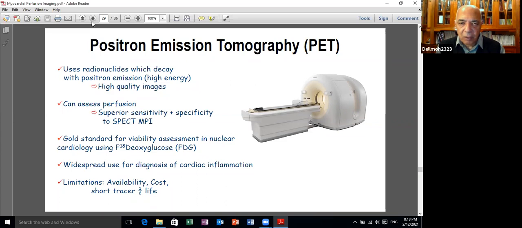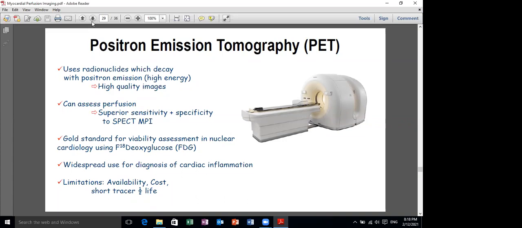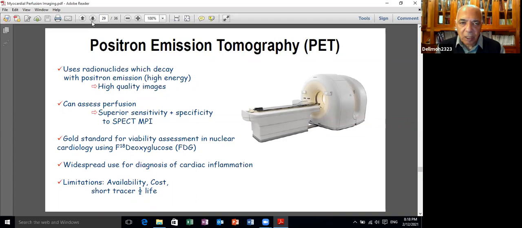So the only recorded images are those directed 180 degrees from each other. Any other gamma rays produced in any other direction are just erased. Because of the simultaneous collision of the gamma rays with the detectors, we get a crisp picture. It's crisp because of that, and also because of the high energy. We are talking now not 140 like technetium or 60-something like thallium, but 511. In addition, it has